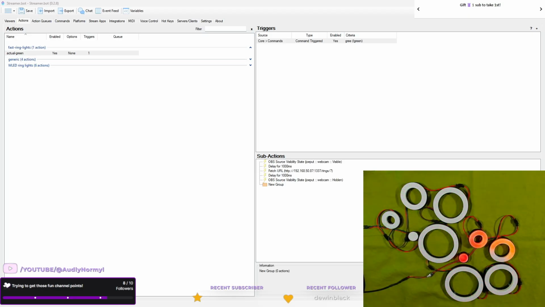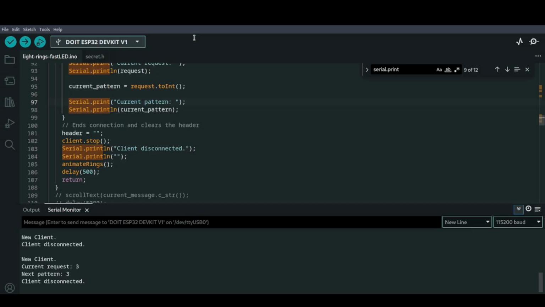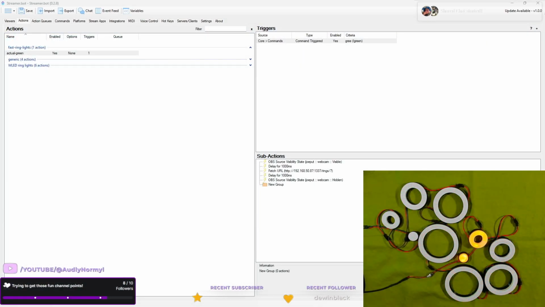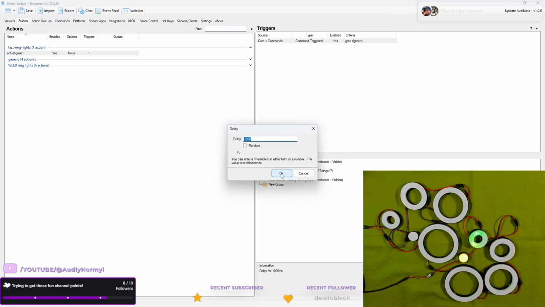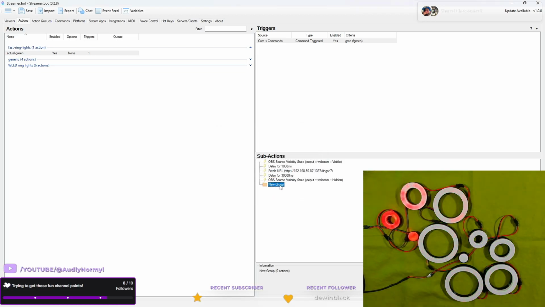WebSocket to the server to grab this particular effect in the code that we were sharing earlier, and it will basically define what that effect is supposed to do, and then it will go back over here to the lights and say, okay, do that, and then delay for a second, and then go away again. So we'll make it go actually longer on this delay because otherwise it won't stay on for very long. And let's add 30 seconds for now, just to have something.